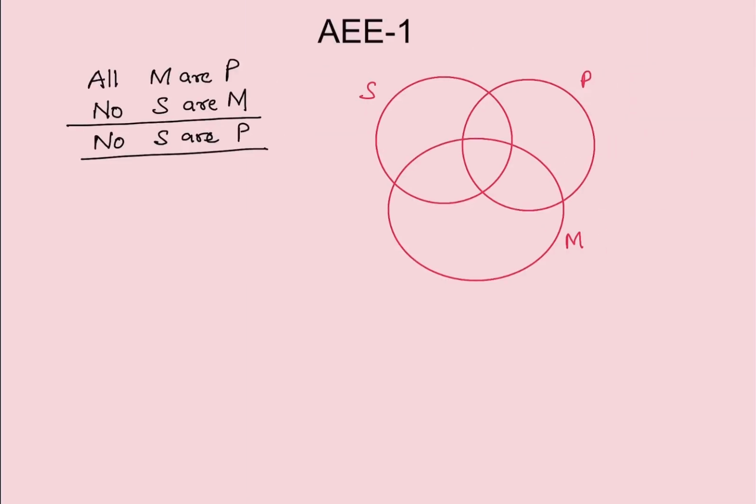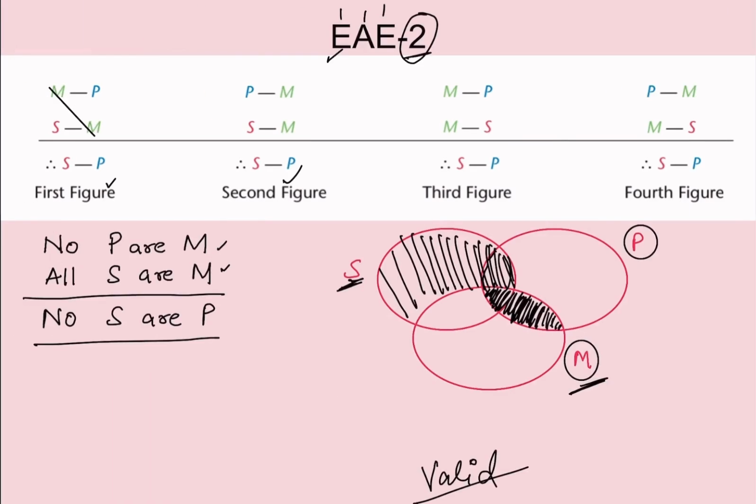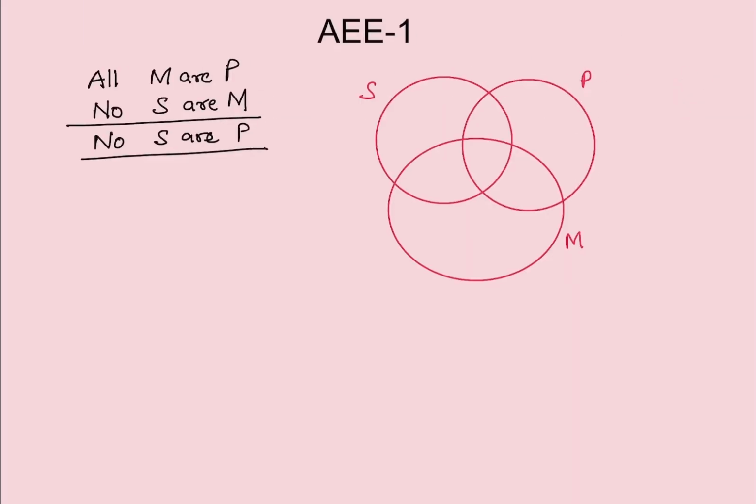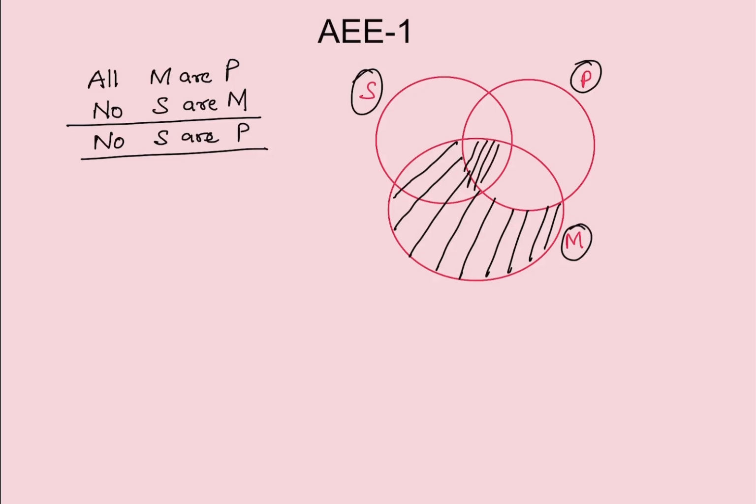Now let's move to the next one where we have AEE. First figure, second figure, middle term का position you have to check. So in this case you can see. Let's start with all M are P because वो universal है. आप जैसे भी start करना चाहते हो start कर सकते हो. We have M and then we have P. So ये पूरा जो M वाला part है, ये पूरा आपका shade हो जाएगा. Now let's see no S are M. So this part is left. So इसको भी shade कर दो आप. So you can shade properly. So no S are M is also done.